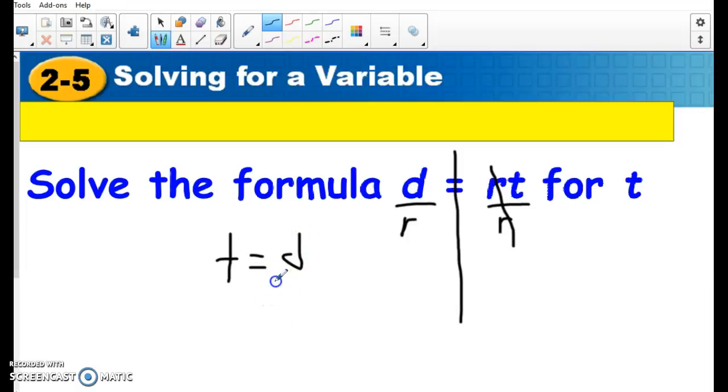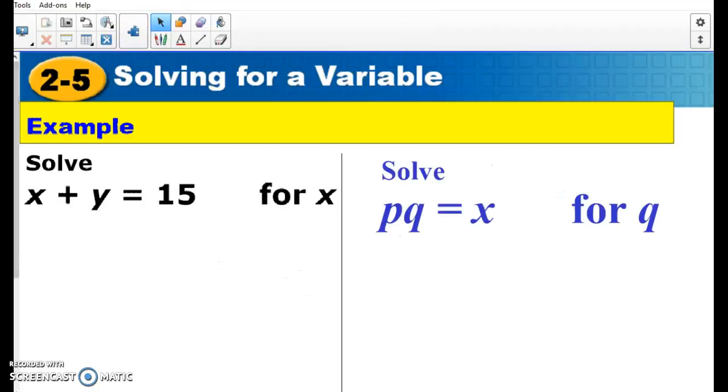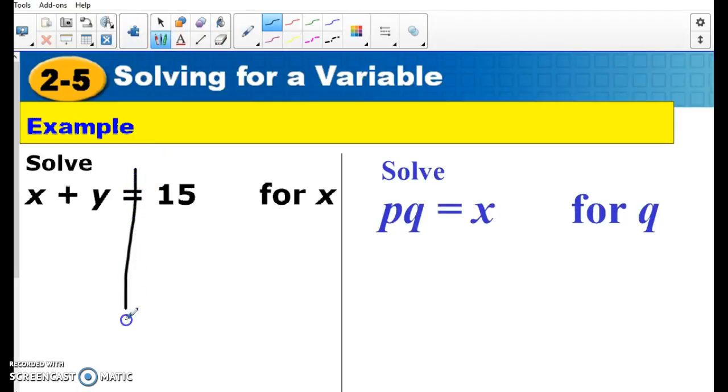Most of these are going to be one or two step problems. You're not going to have ones like the other kinds of problems where you have to collect or combine like terms or anything like that. There will usually only be one or two step problems. This one here, x plus y equals 15, and I need to solve for x. I want to get x by itself. It says x plus y, so I need to subtract y from both sides. Subtract y from the left side, subtract y from the right side. So I'm left with x equals